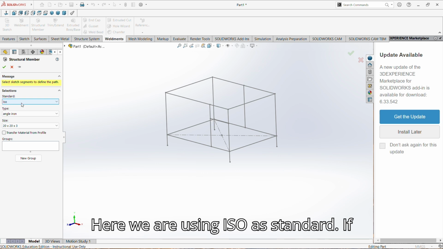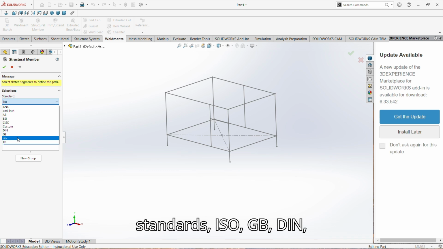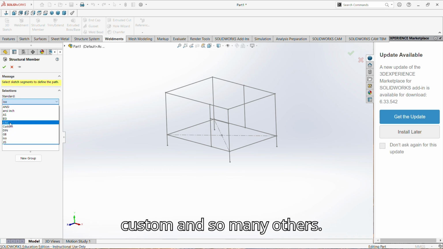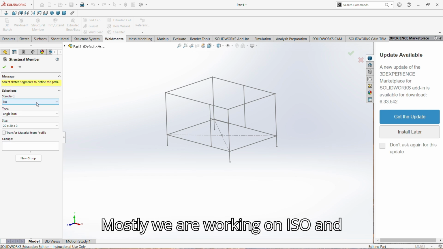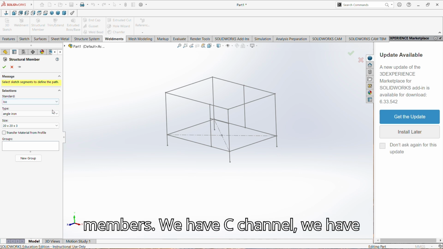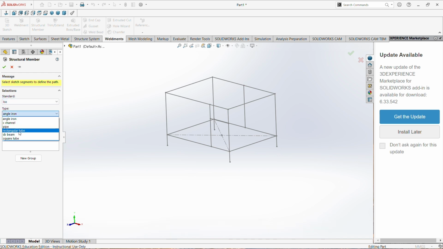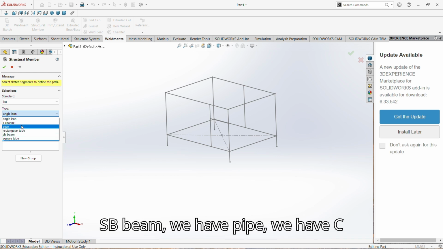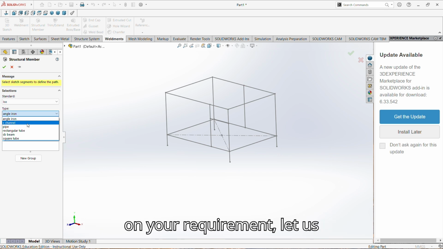Here we are using ISO as standard. If you open this, you'll find so many standards: ISO, GB, DIN, custom, and so many others. Mostly we are working on ISO, and we have so many types of structural members. We have C channel, rectangular tube, I beam, pipe, and angle iron. So depending on your requirement,